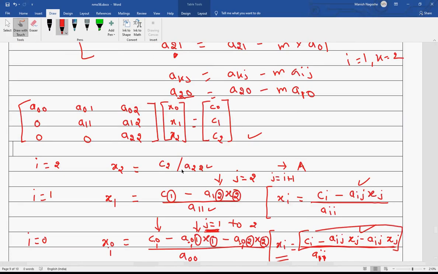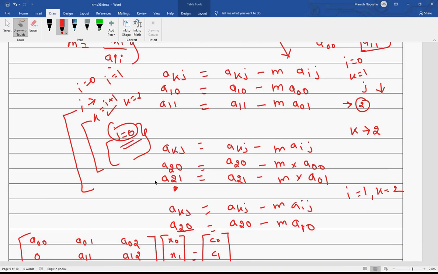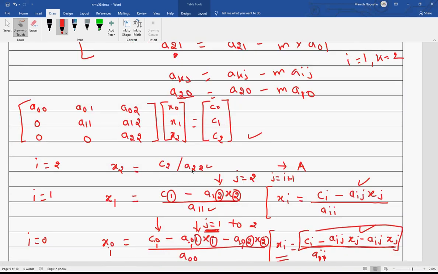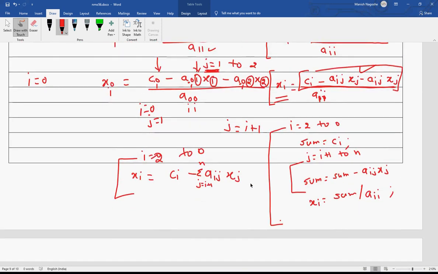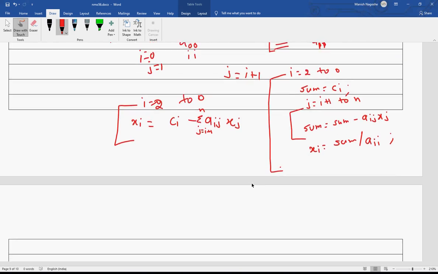Now the mystery remains about this, how I am going to get this value. So that is the question, and the question is pretty simple.